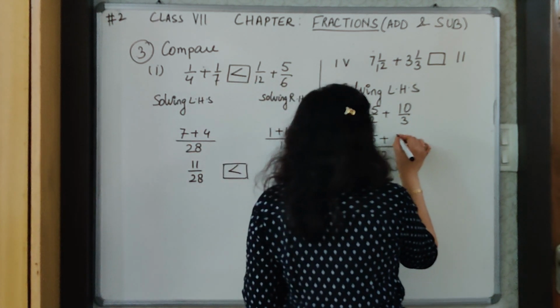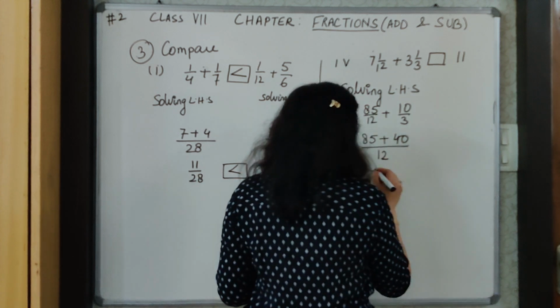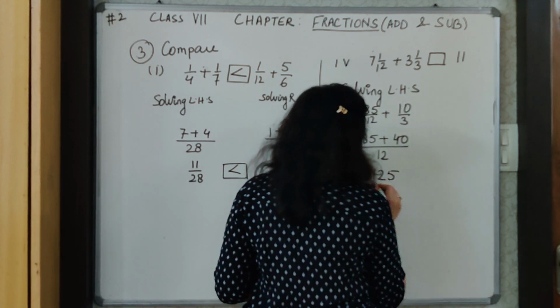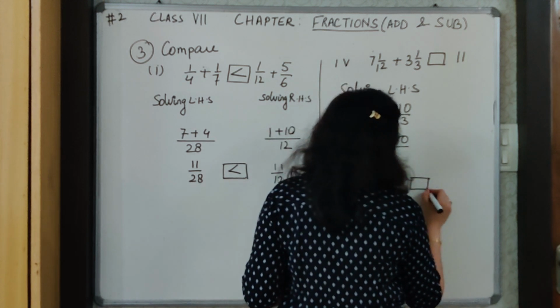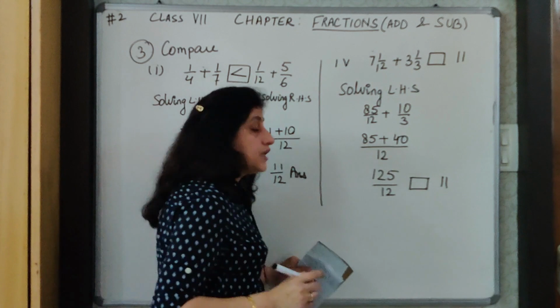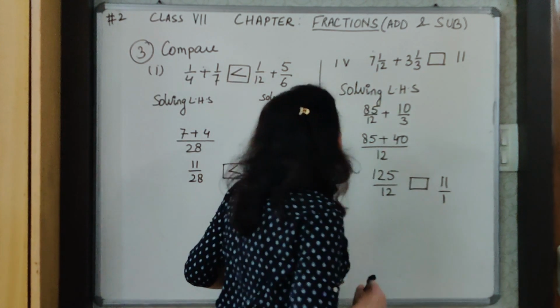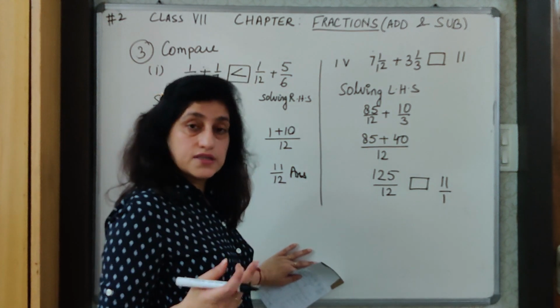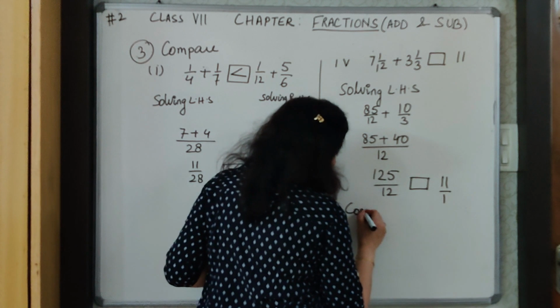So this will be multiplied by 4 to give me 40. Then I get 125 upon 12, which has to be compared with 11. Now here, neither numerator is same nor denominator is same. Therefore, we will write here compare